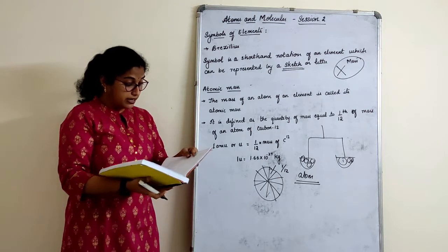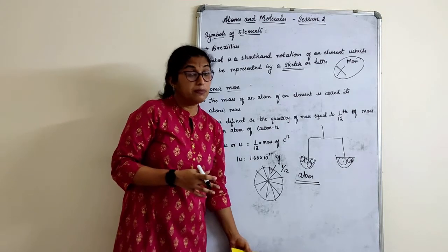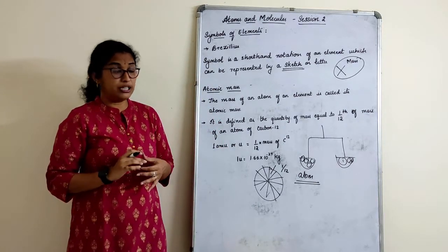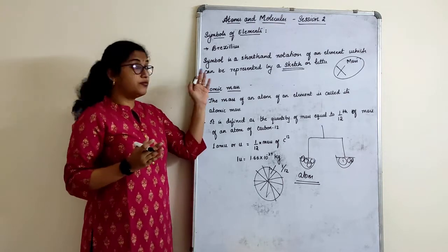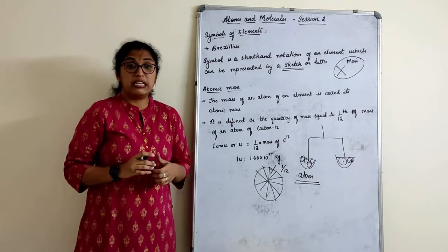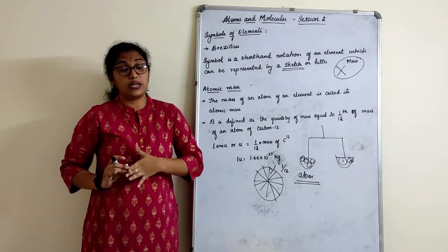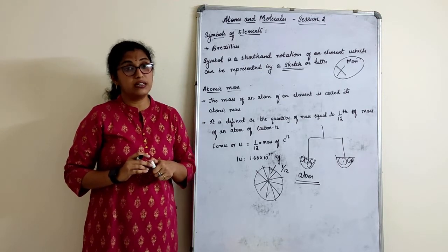Now the next part, let us understand what molecules are. Now we understood about atoms. Now how is an atom different from a molecule? Or how does an atom exist? We understood atoms in that form, but still, does an atom exist in free state or combined state? We need to understand. To understand that, first we have to understand what a molecule is.